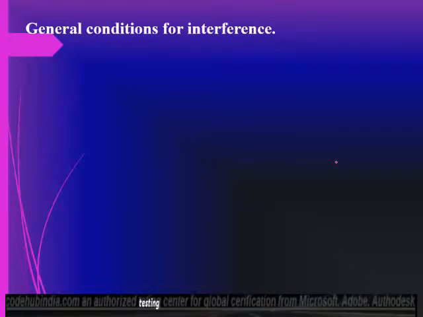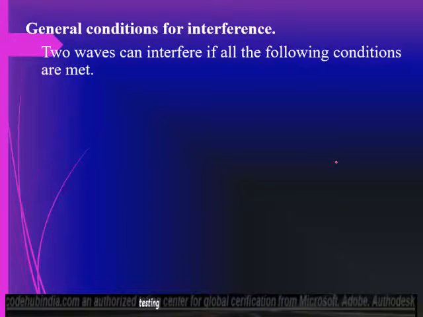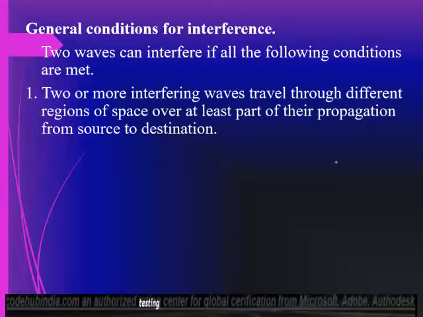So the general condition of interference is the assumption that all are in phase or out of phase, but it's random. Part of a segment of the wave. Two waves can interfere under the following conditions: two or more independent waves travel